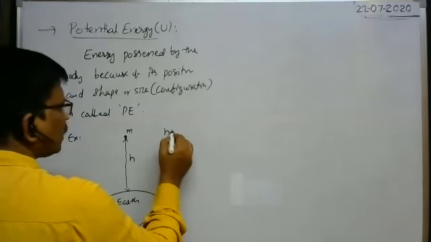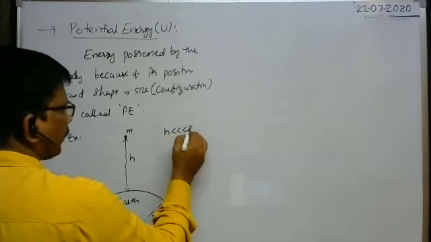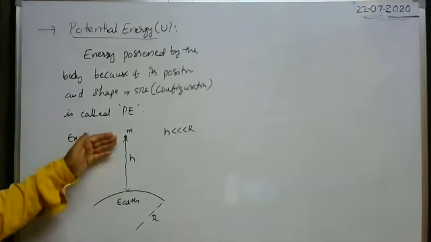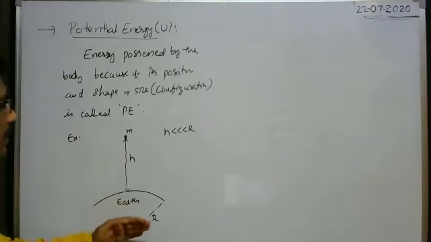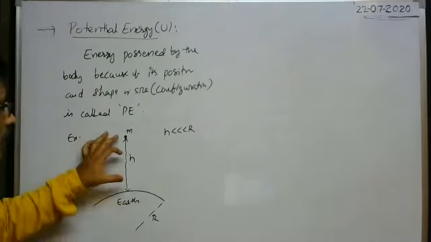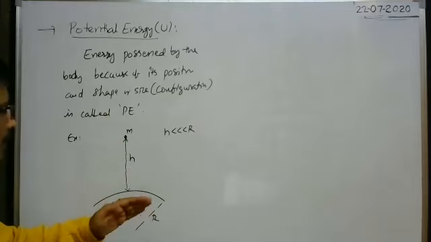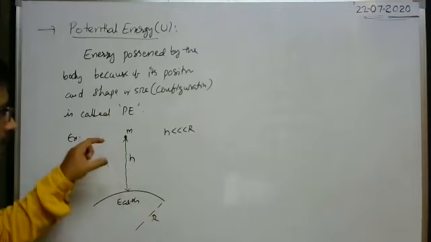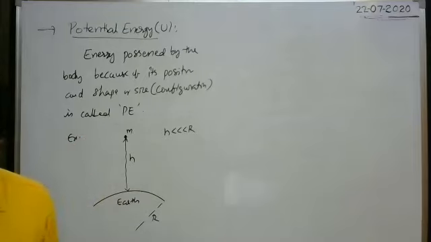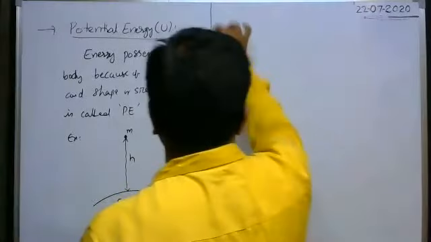Here we have to discuss the case where h is far less than R. The height at which the body is kept is very small when compared with the radius of the earth. In such a case only are we discussing in this chapter. Of course, there is another chapter, gravitation, in which the height of the body from the surface of the earth is comparable with the radius of the earth. That is a different case. But in this chapter, the height at which the body lies is very much less compared with the radius of the earth.